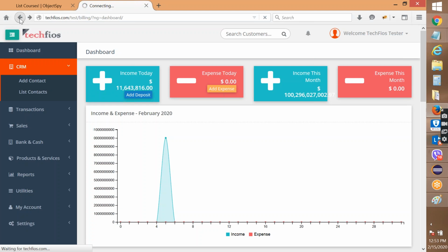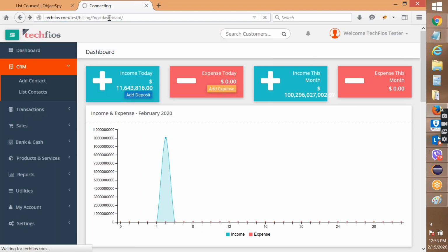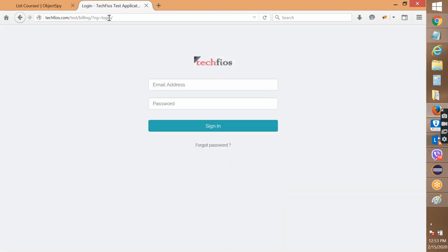Let me rephrase this again. We're in the login page right now, and we created a page class. We identified the elements for email address, password, and sign in button. That's why we made a new class. Then after we log in,